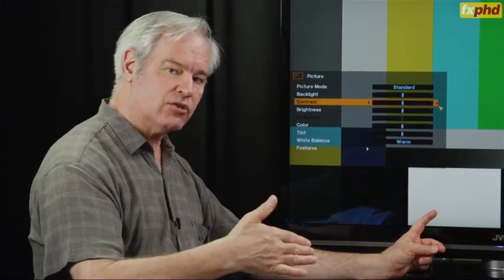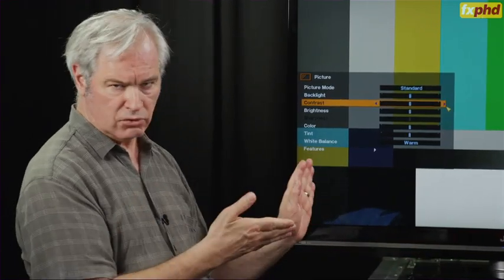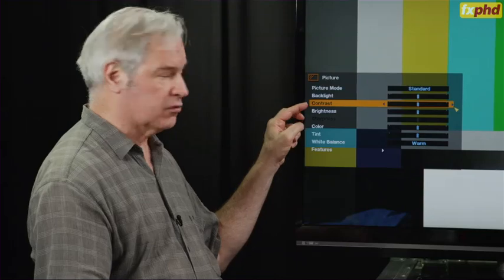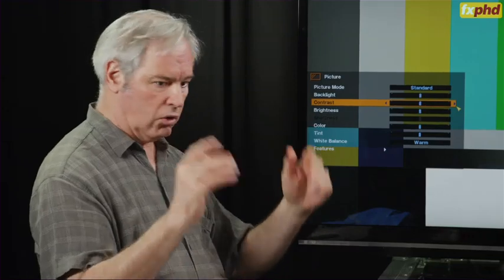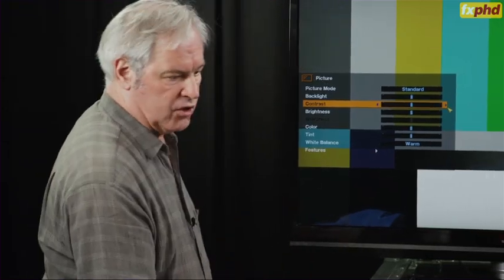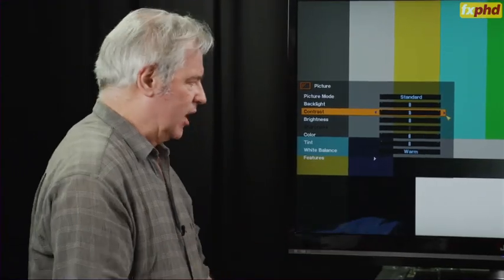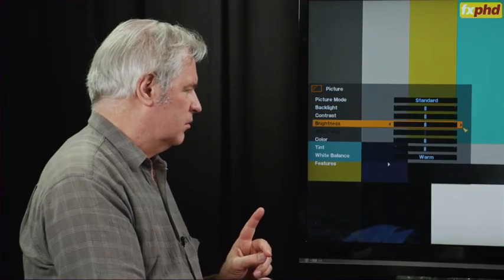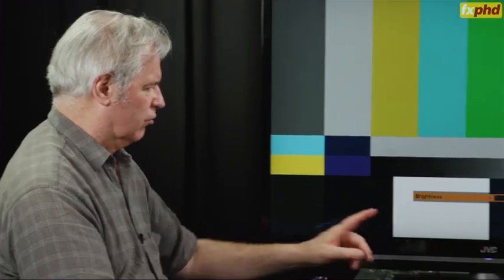And if you want to line this up to use as a mastering monitor, well, first of all, I wouldn't recommend you use this display as a mastering monitor. But you'll get similar displays of the control values on all sorts of different display devices, including ones which are advertised for HD mastering. So now let's go to brightness, which we believe is black level, access that control, and